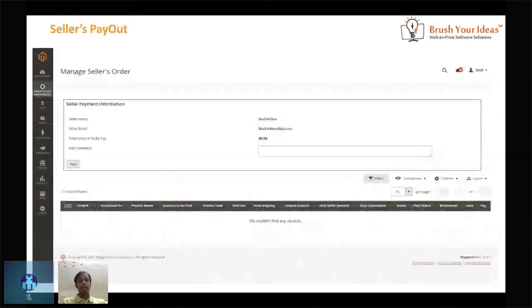Now, as I mentioned, as soon as the super admin receives the payout request, he will see this particular screen. He will check the amount. Yes, that particular amount can be paid to the vendor. He will approve that request, click on the pay button, and that amount will be subtracted from his credit card, PayPal, or Stripe, or whatever payment gateway has been integrated with the system, and it will be credited to the destination account, which is owned by the vendor.